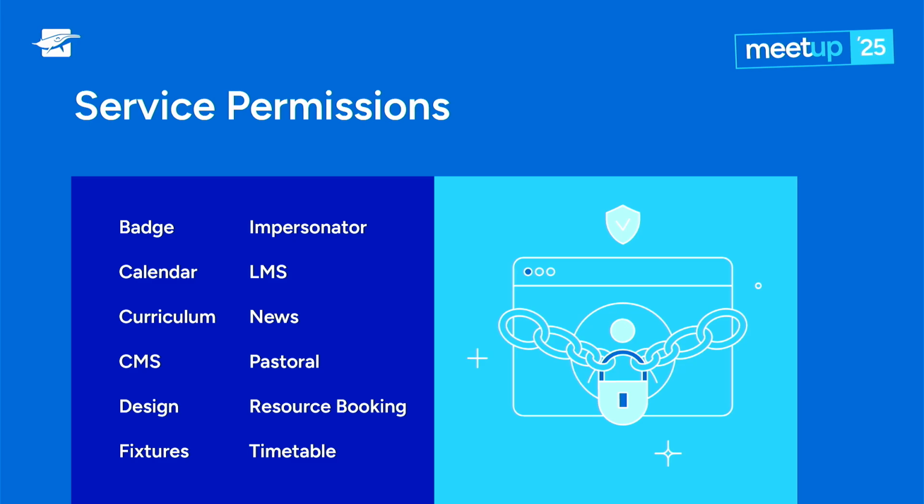So the first is that impersonator feature is really, really important now. So you have your principal that wants to be able to impersonate everyone, or maybe wants to be able to impersonate the parents. You can go and provide that service permission, go, cool, you're able to impersonate all parents in the system. So when you jump in and have a look, and I'll get you guys in a moment to jump in and start playing around with this, change some users, impersonate them, see what it looks like, hence why the staging server. But what you start to see is you start to give them the skill, or you start to give them the responsibility of looking at just that little small piece.